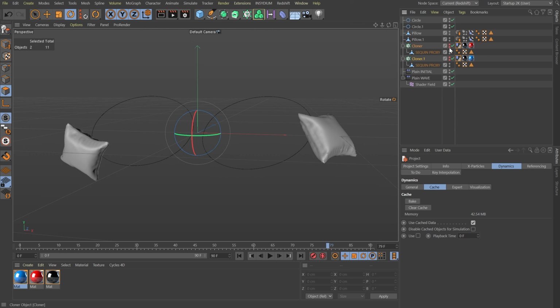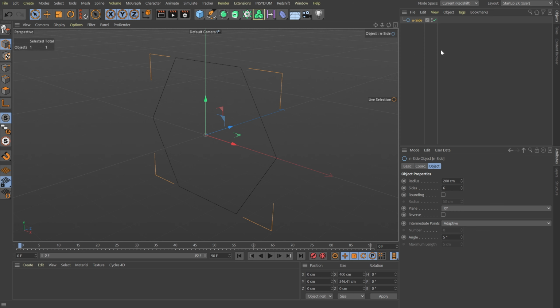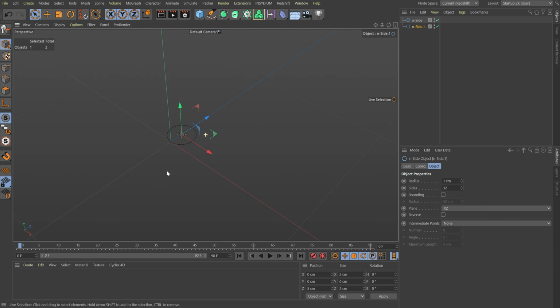For render and view, let's create a new project. It will be in XZ plane, it will be radius 5. Let it be 32 sides with no intermediate points, and let's move it 5 centimeters away. Let's duplicate this, set a smaller size, and zoom it a bit. It would be our sequence hole. Let's move it